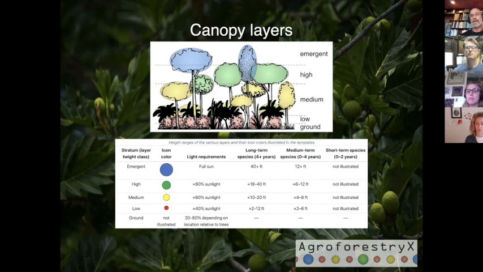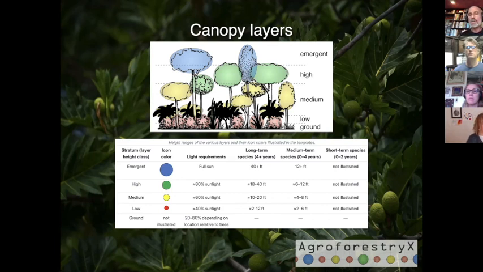Those are the species that can take some shade but need a lot of light and are naturally taller than other species in their native environment. The yellow is medium, those take more shade, and then low is the perennials that are the most shade tolerant, and those are in red.